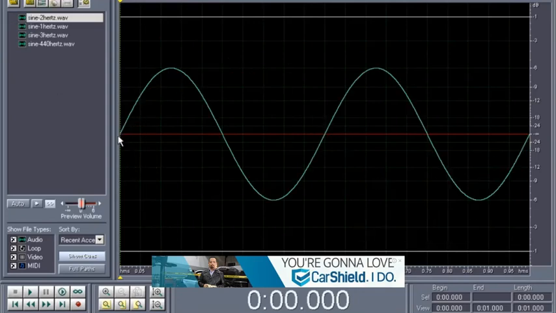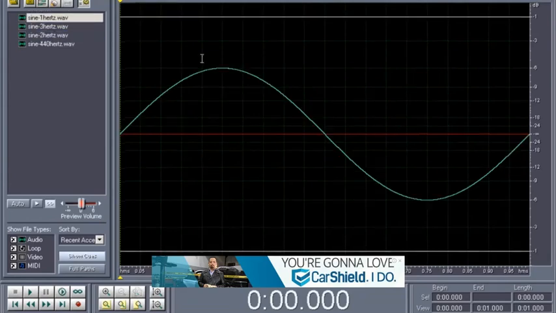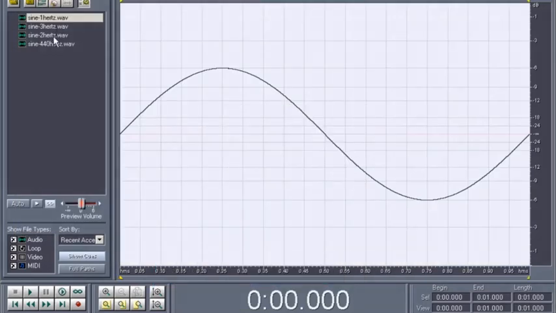If I look at the 2 Hz, you can see this is also the duration of 1 second, and this has 2 completed cycles in 1 second. Therefore, it is a 2 Hz frequency. If we go to the 3 Hz, you can see we've got 3 completed cycles in 1 second. I'm going to go to the 1 Hz, and I'm going to copy this. So I'm going to go to Edit, copy it, and now I'm going to go to my